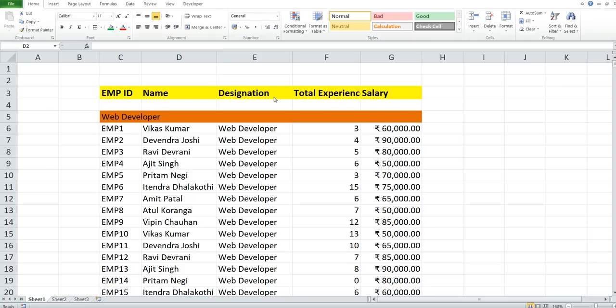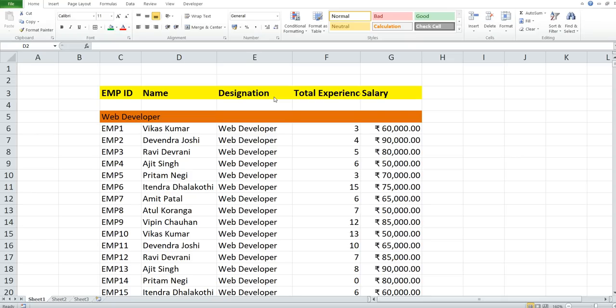Hello everyone. Today let's see how to link record macro with the button and basically why we need to use record macro with the button. So basically if we have a lot of data in this sheet and we want to go to a particular row or cell, then we will use the macro with the button. So now let's see how to use macro for this situation.